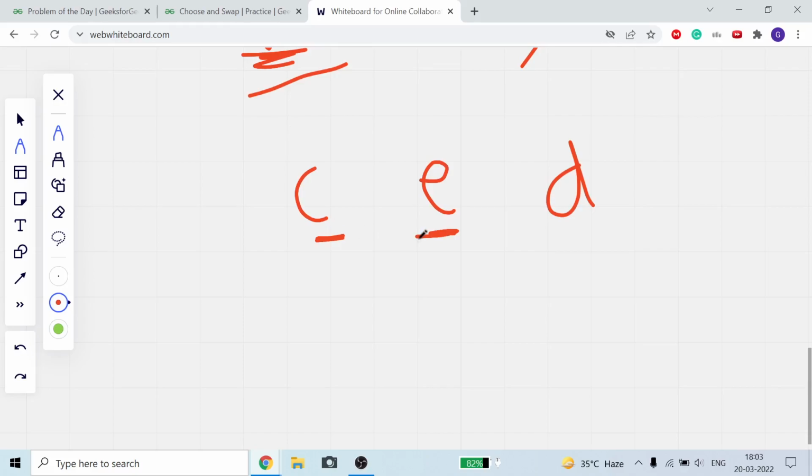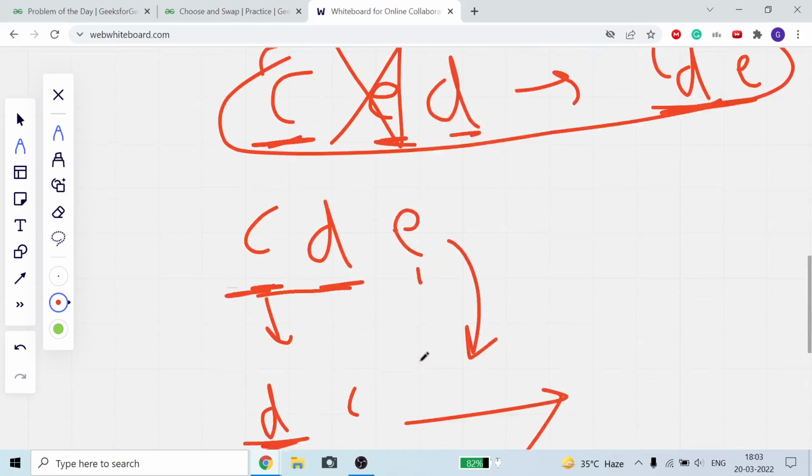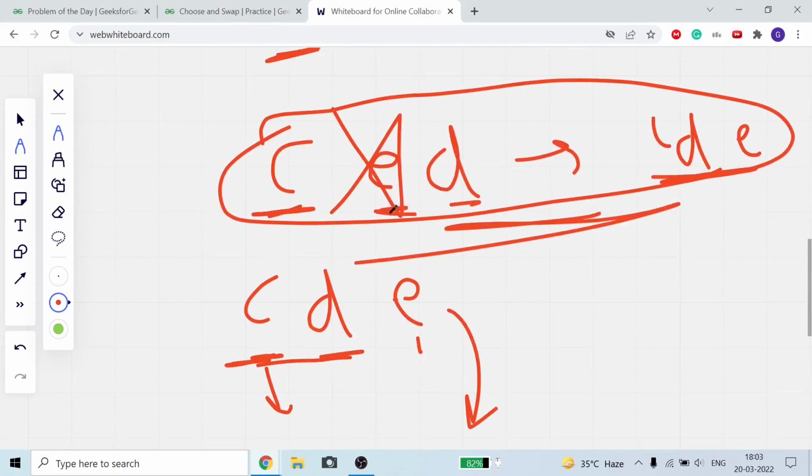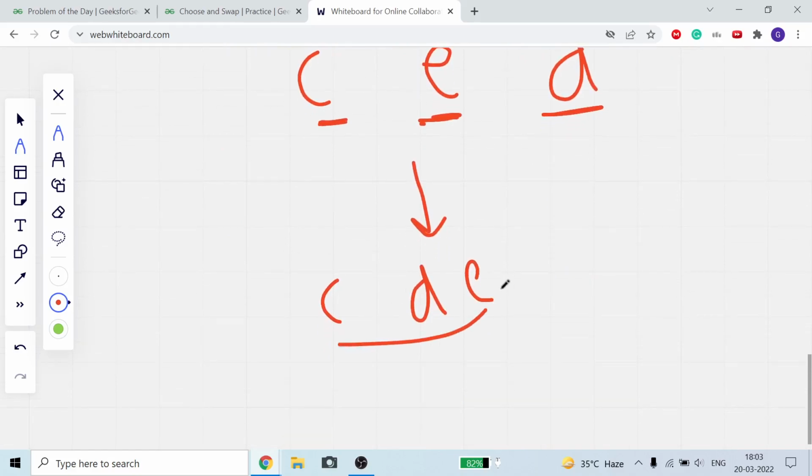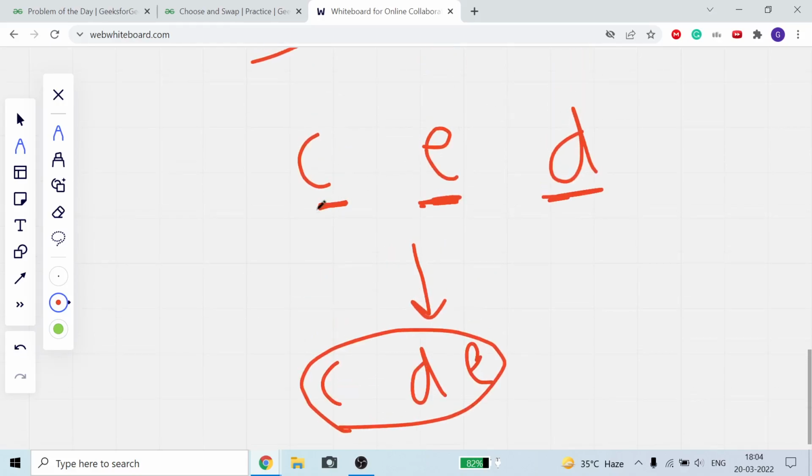But we have a character d. Can we take character d? Yes, we can take it. After taking c and d, this is lexicographically smaller. This is what I want to tell you: we will swap e and d, but for a different reason. So this is the string that we want to take. Here we cannot swap e with c, but we can swap e with d. Why? Because c comes before e, so we cannot change e with c.